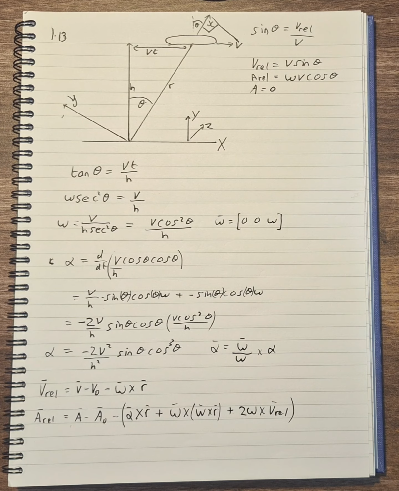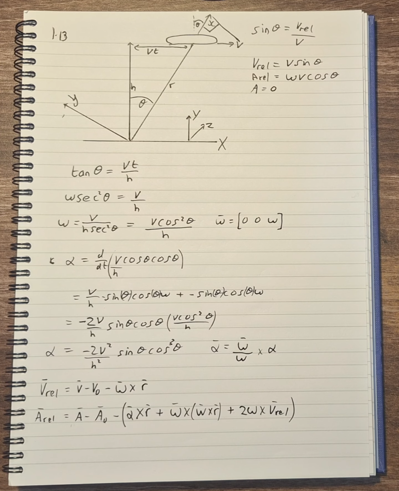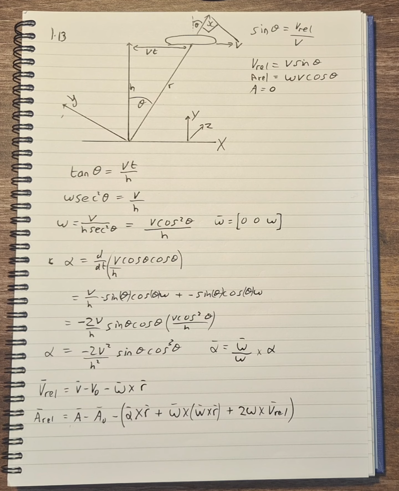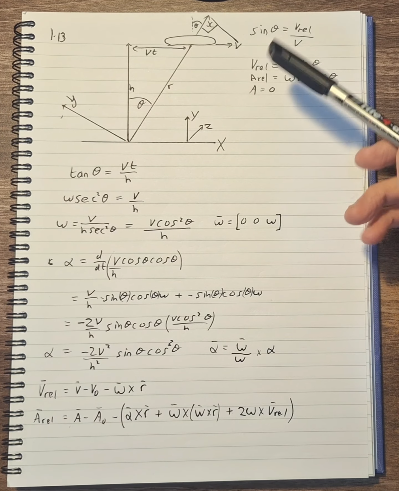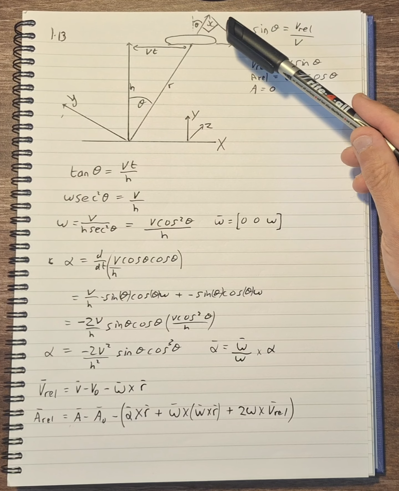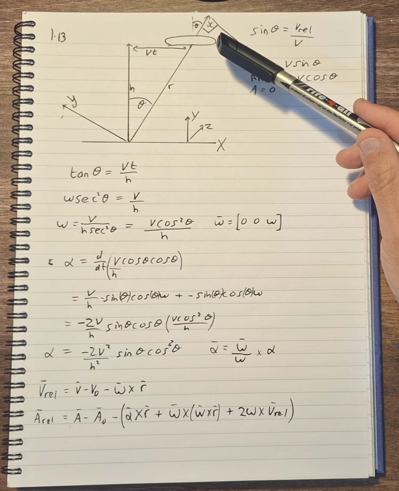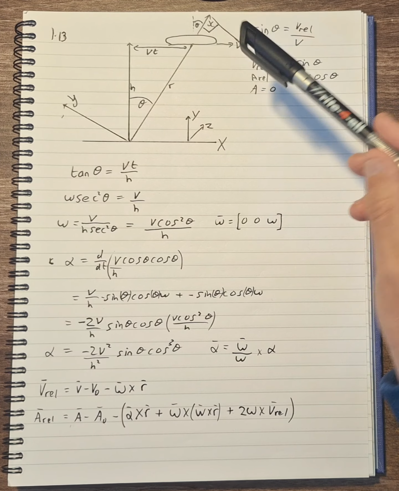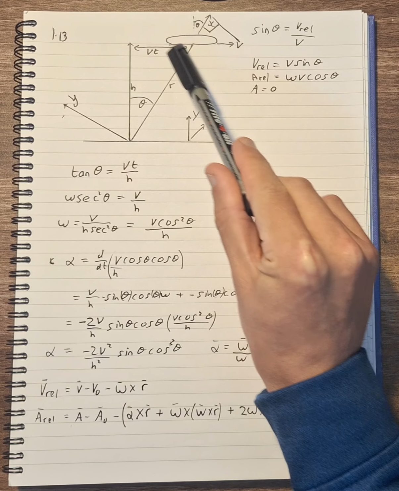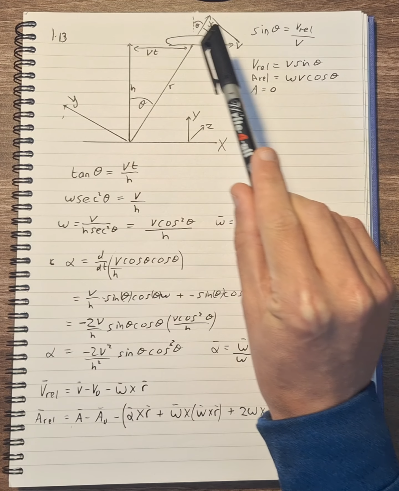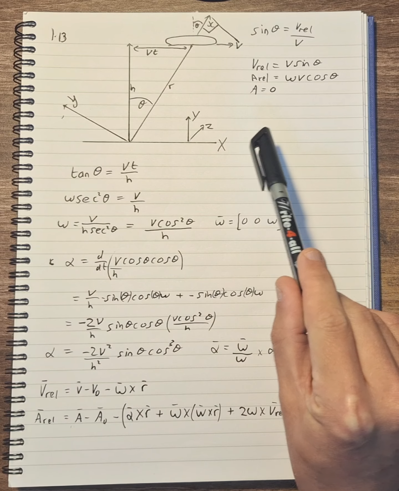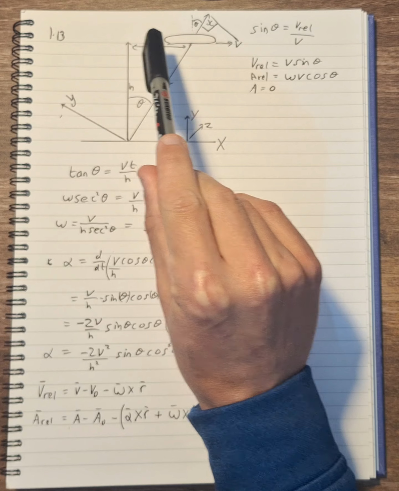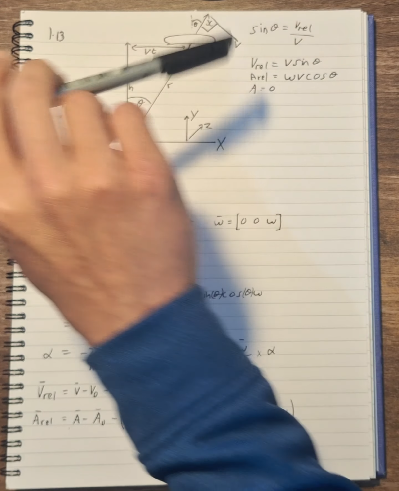Problem 1.13 follows on from the previous videos, and what it wants us to do is derive expressions for the angular velocity and the angular acceleration for this aeroplane in the picture. Here we have an airplane flying overhead, and we're assuming a flat Earth, unfortunately. It's flying overhead at a constant velocity in this direction,